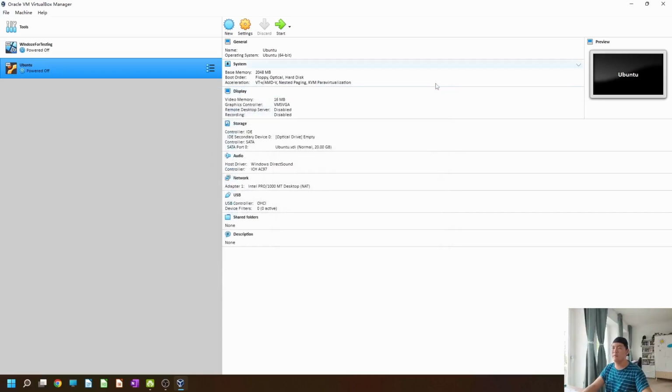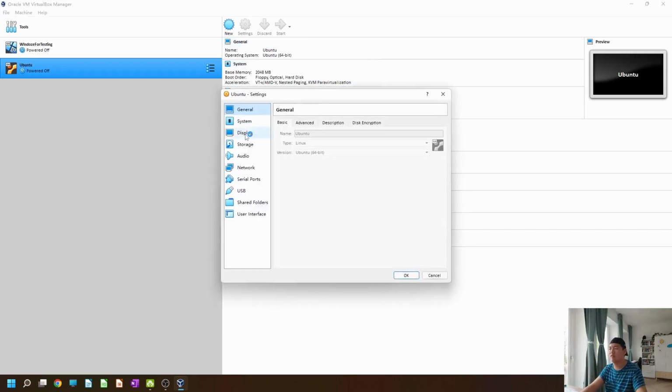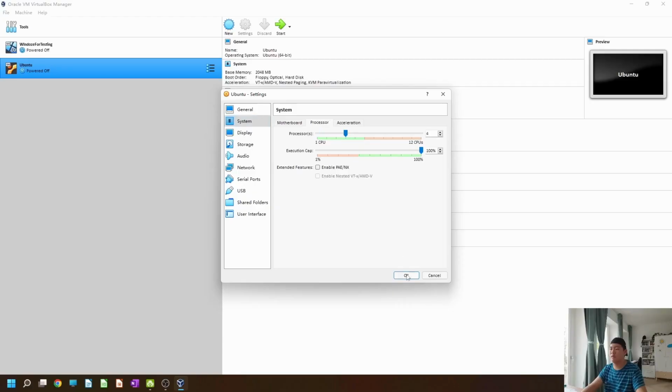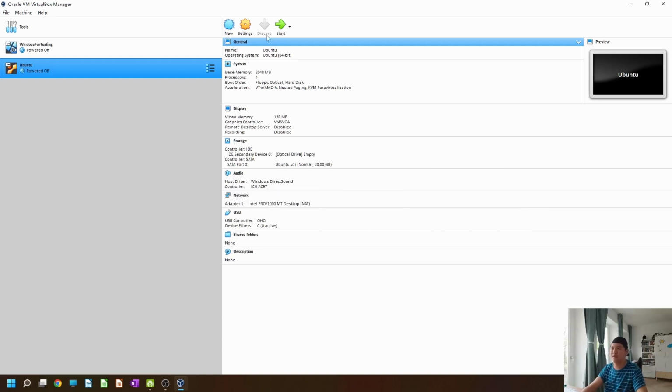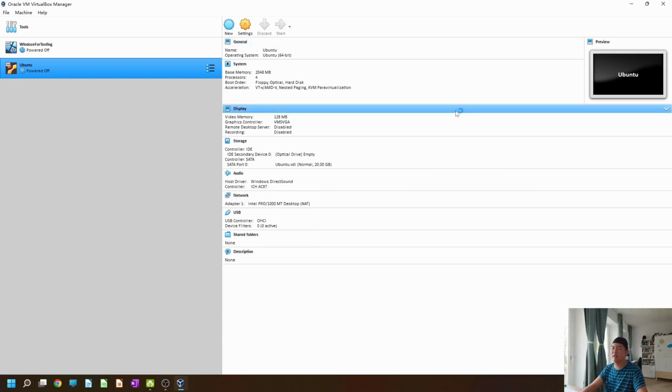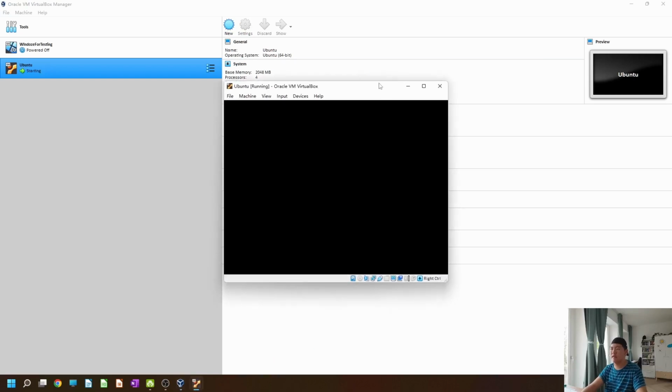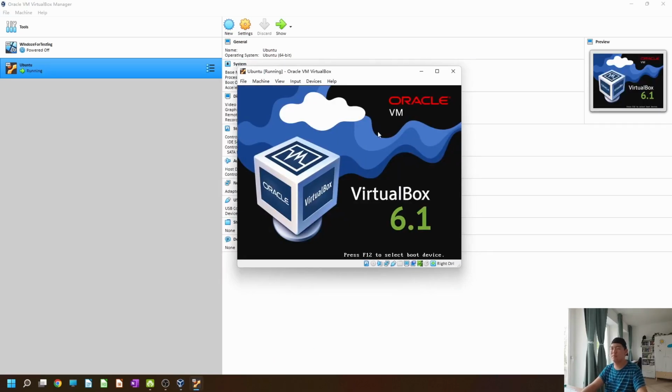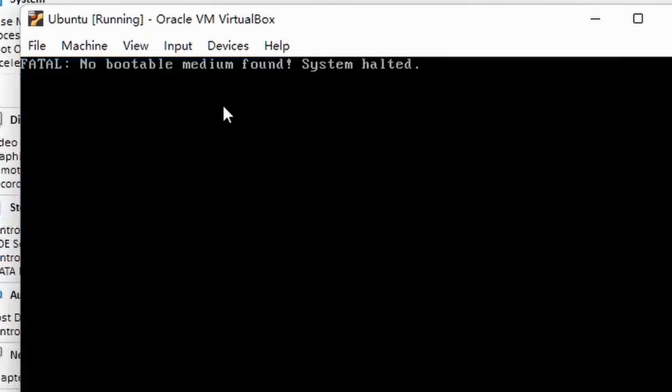But that was it. Let me quickly start the virtual machine. Oh wait, I didn't actually save the configuration. I was stupid. There we go. Click OK. That's very important. Now I hit start, and where's my virtual machine? Excuse me. Here it is, and you see it boots up with the BIOS screen, and wow, an error: